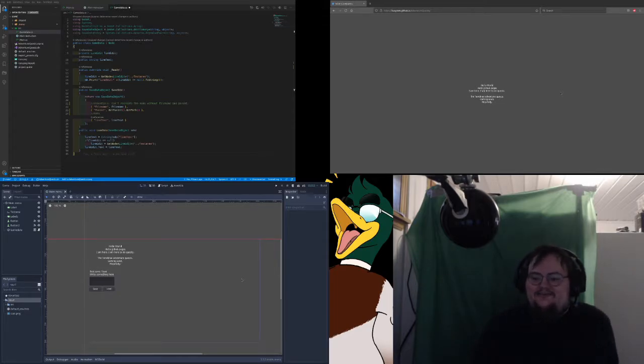And one of the most interesting things is that it would make branching quests more practical, more possible to do. Because we can just do the programming and the conditional checks in code.